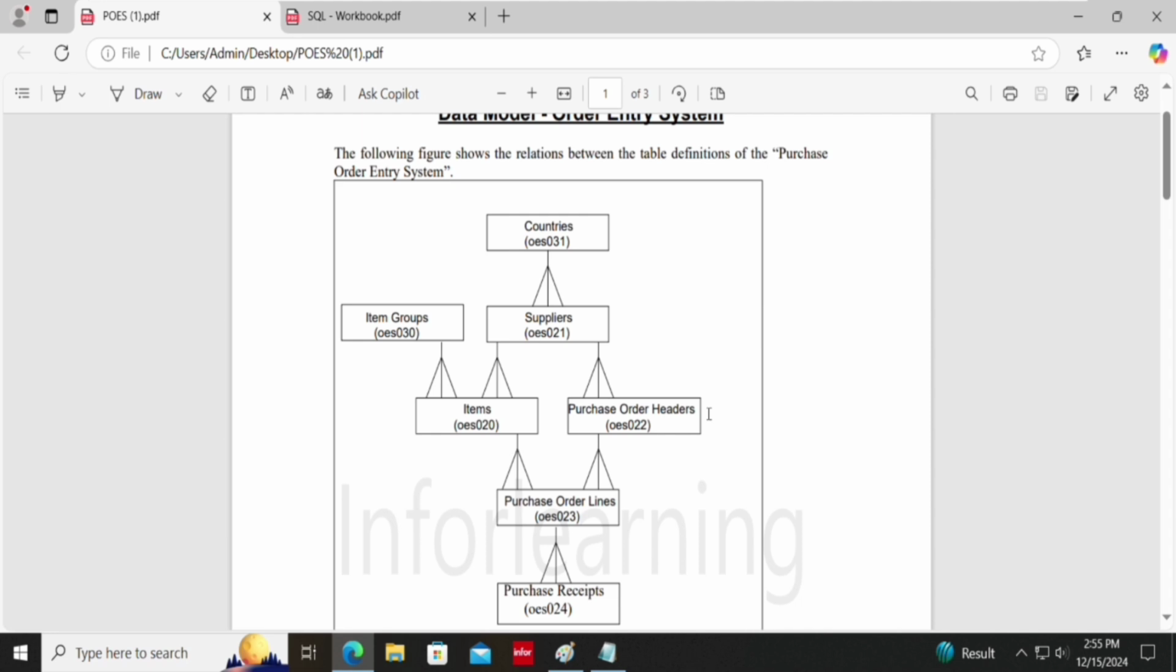Tomorrow I thought, I need more. So again I raise the purchase order with the same supplier. So that's why I have built this relationship. Okay, and if you see here,